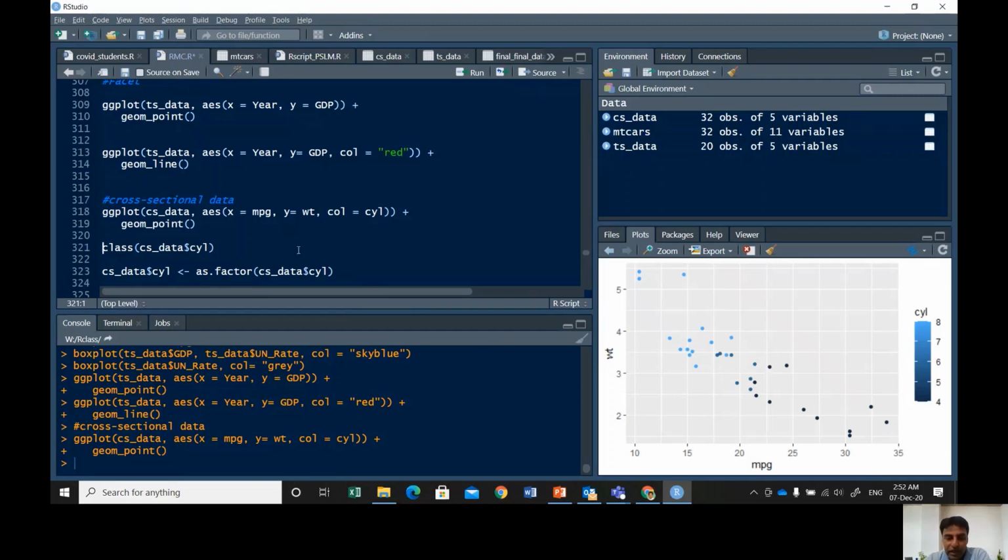Over here, I used cross-sectional data, and then x is equal to mpg and y is equal to wt, and I told RStudio to make the color based on the cyl variable. The cyl variable is my cylinder variable, but it makes graphs with colors from light yellow to light gray to dark gray. I don't know if it is gray or some other color. I am a little bit color blind. Anyway,